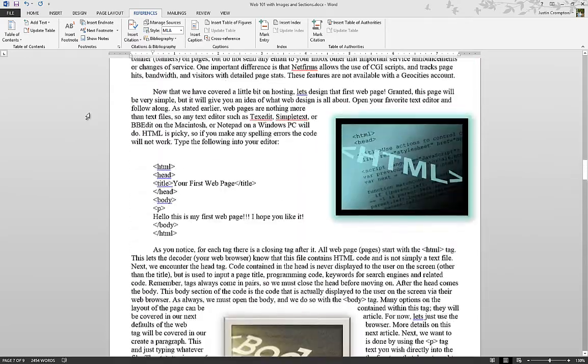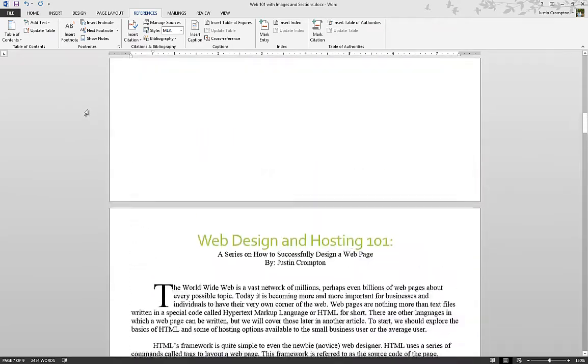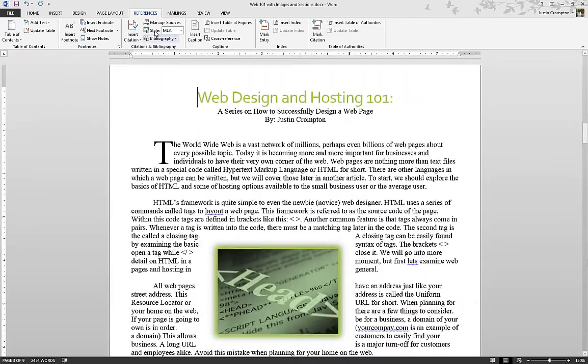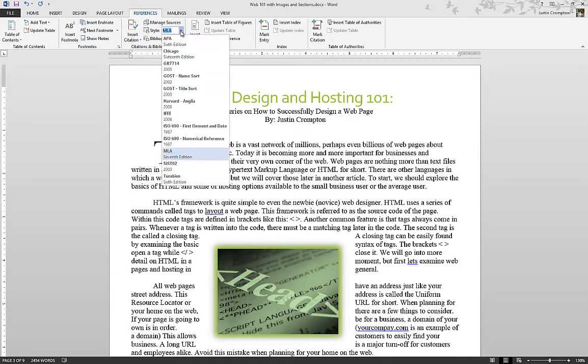Now, let's talk about citations and bibliographies. There are multiple styles of citations supported in Word 2013. Here are our options. The default is APA, which is typically used in the sciences. MLA is typically used in language arts, and there are various other options here depending. The most popular is probably Chicago. We will go with MLA,